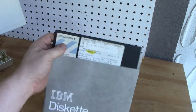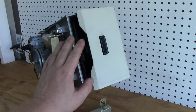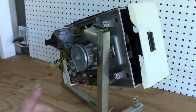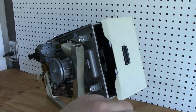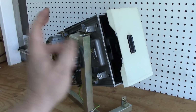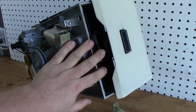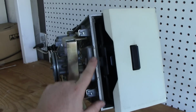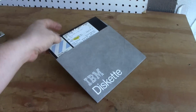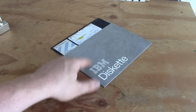It's flexible, it's durable, and unlike a deck of cards, if you drop it, it doesn't scatter the cards everywhere. And then you could just put it into the drive, you could have the machine read the data files off of that and begin processing the data. You didn't even have to be at the computer to be doing that. This doesn't have an auto changer on it. The later IBM System 34 did add that, so you could put groups of disks in there, and then you could batch job a large volume of floppy disks or handle backups